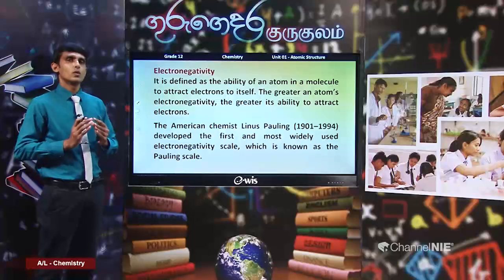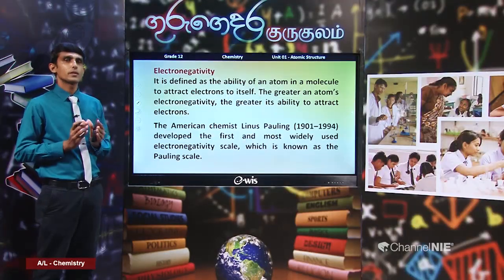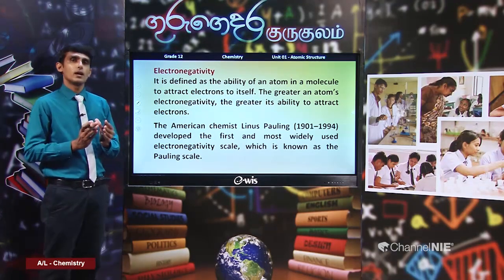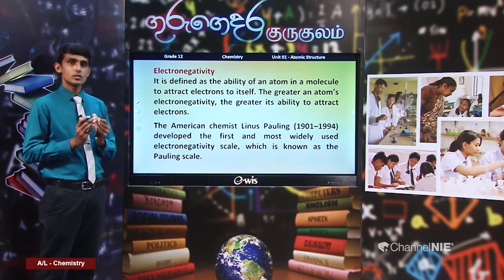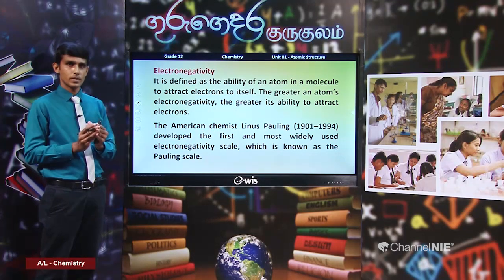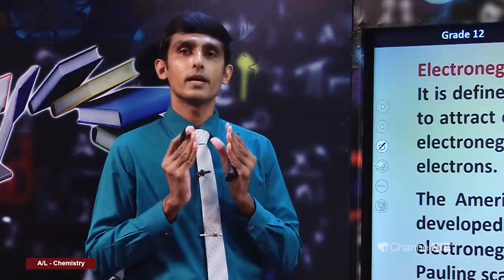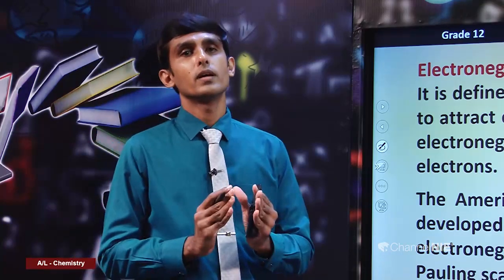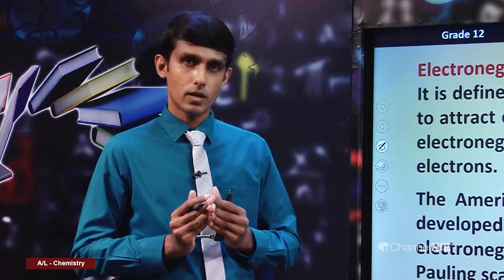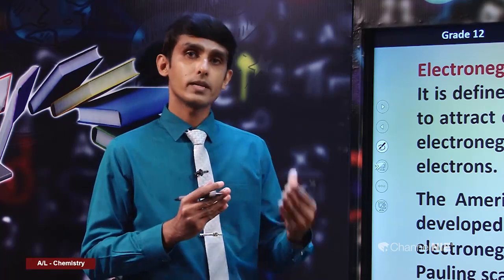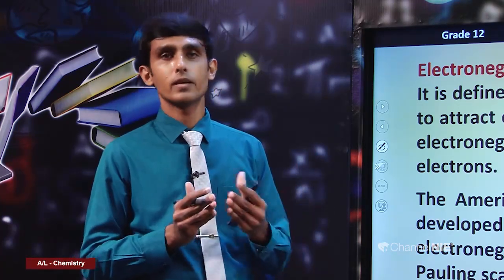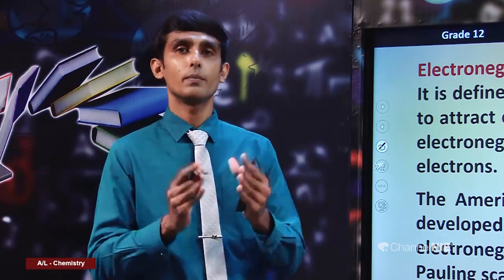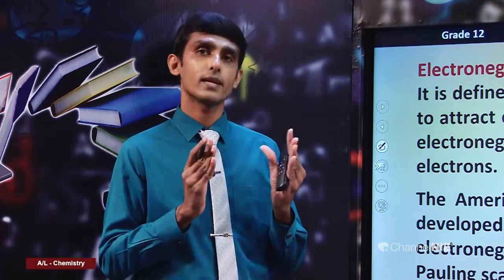Okay students, now we will discuss the next periodic property, electronegativity. Before I explain this, I should say that this is the most important periodic property which you learn in the syllabus, because this is very important in the next lesson, structure and bonding, and also in inorganic chemistry as well as in organic chemistry. Electronegativity is applied throughout the syllabus. So it is very important to have a better understanding about electronegativity.